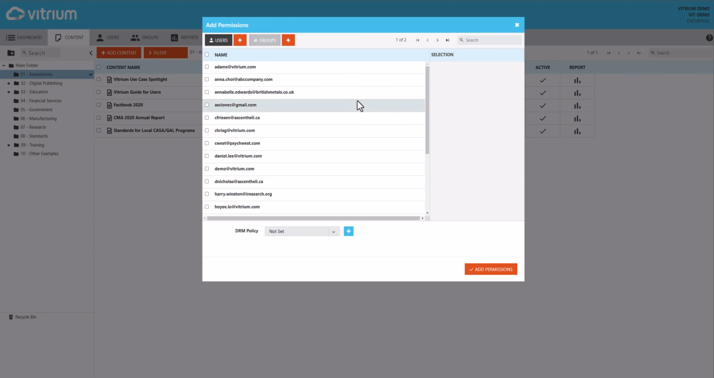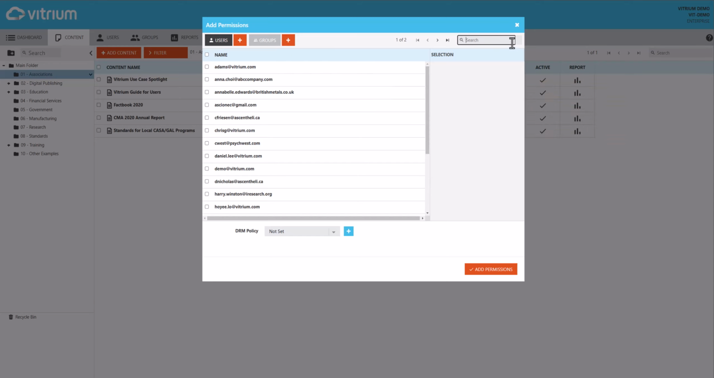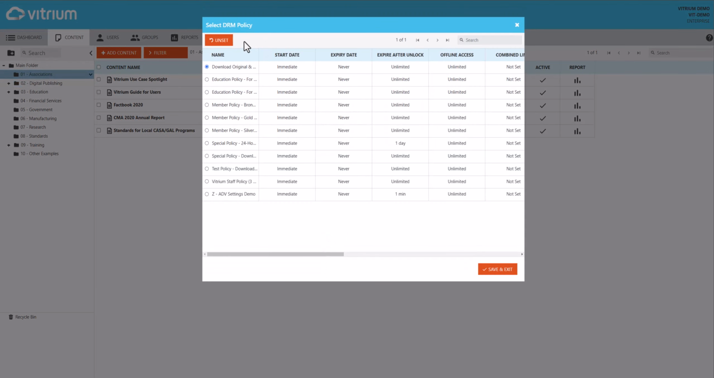This is where you're going to see the Add Permissions window appear. We can see a list of the users created for this account here, where you can also search in this window at the top right. For the sake of this example, we are going to take a look at support@vitrium.com. By selecting them and making sure that they appear in the selection column on the right, we can ensure that permissions are going to be assigned to this user. We will first need to select a DRM policy, however. We can see here that we have several to choose from, and we're going to choose Test Policy